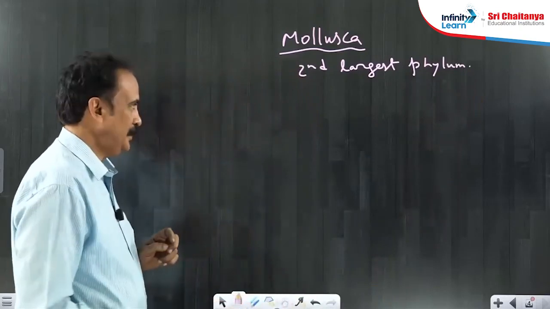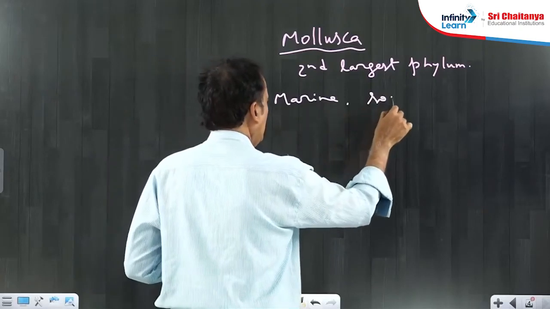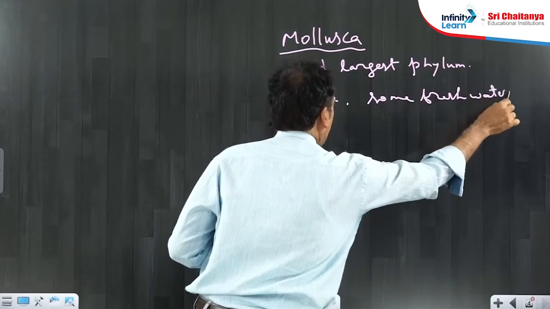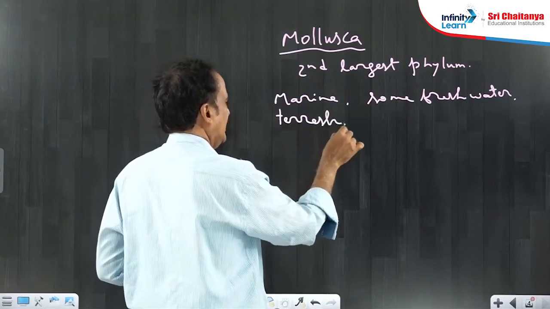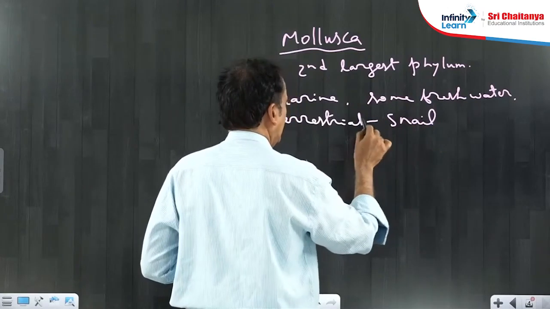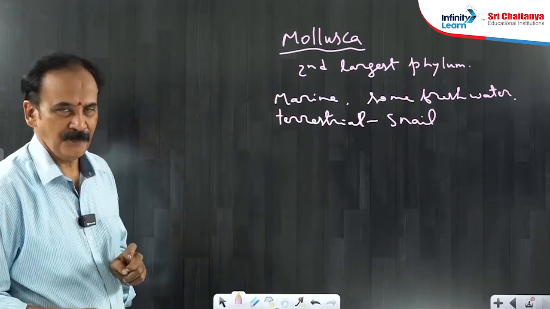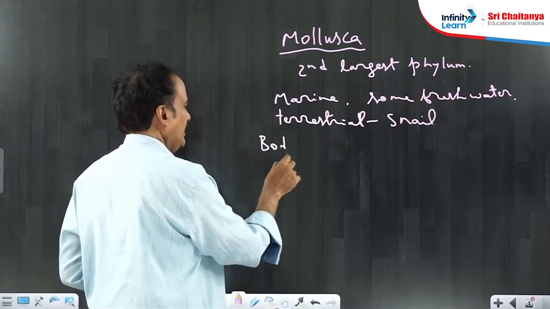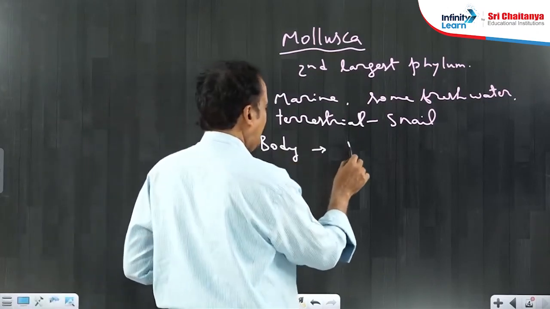So most of the animals are aquatic and marine, some are freshwater, and you can also find terrestrial forms, like for example snails, right? Snail is terrestrial, but otherwise mostly they are marine forms. So these organisms have their body divisible into three regions called the head region,